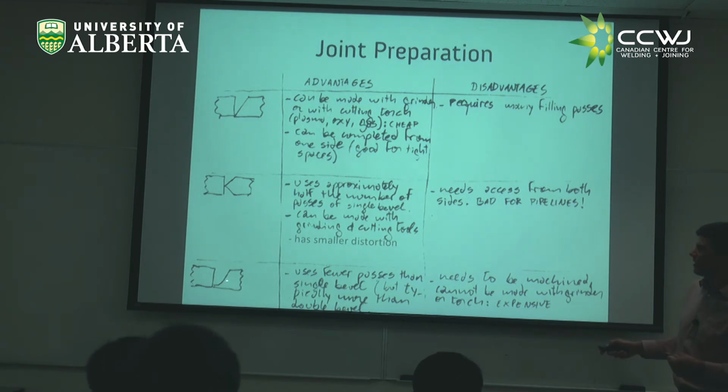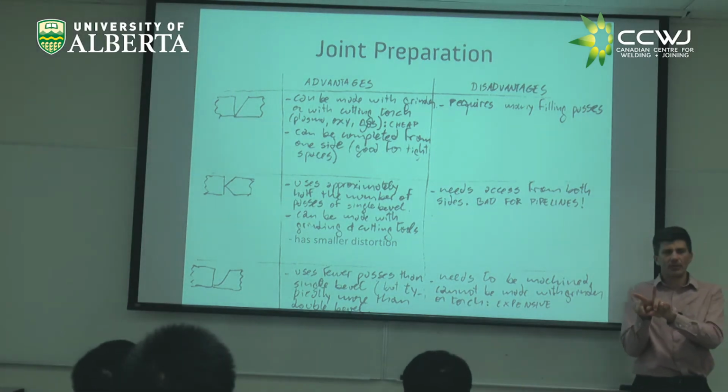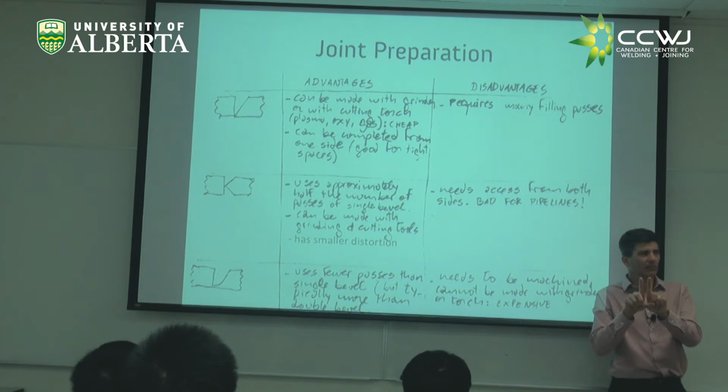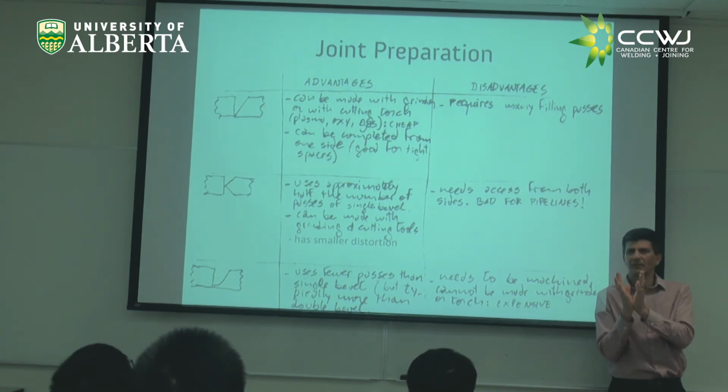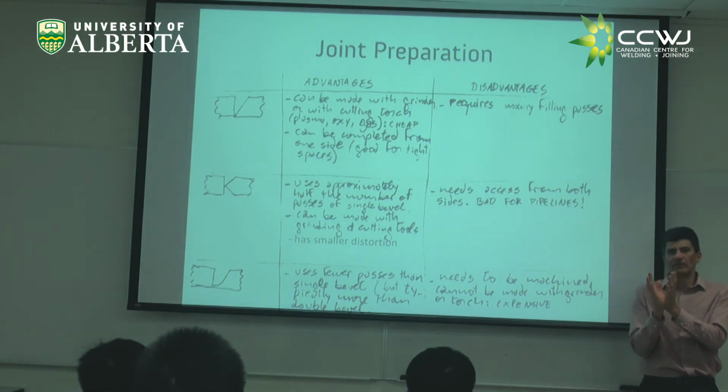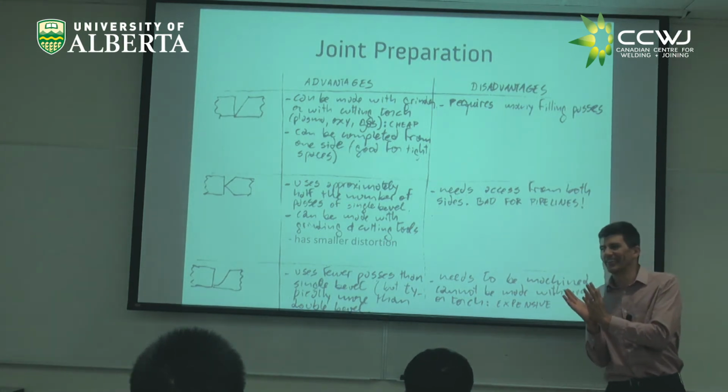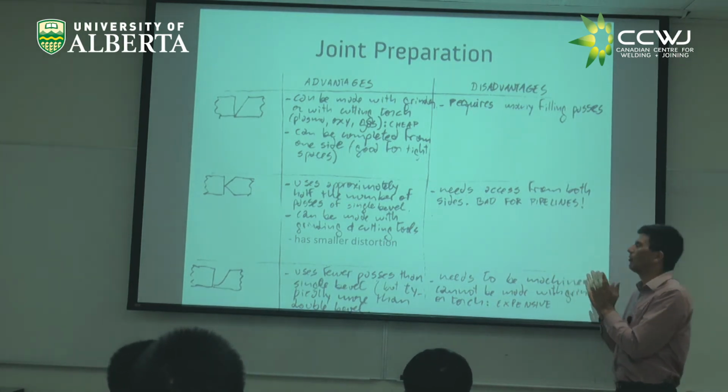And finally, you have the J. The J, you can have access from only one side. That's convenient. And why do you have to cut this opening? Have you thought, why do you need to cut an opening and not just have something narrow? Why do I need to open up my weld? Well, it's easier for the welder to get the torch in, right? If you do something too narrow, you cannot go in. So